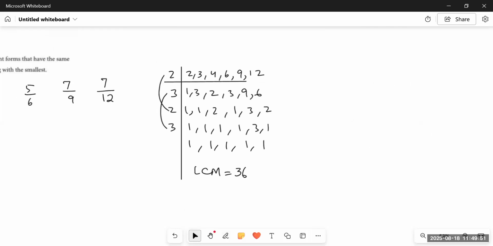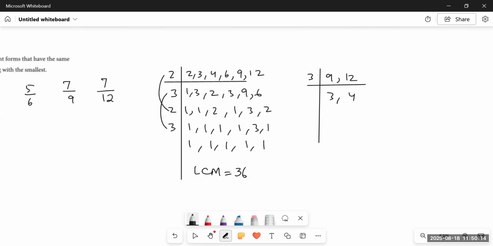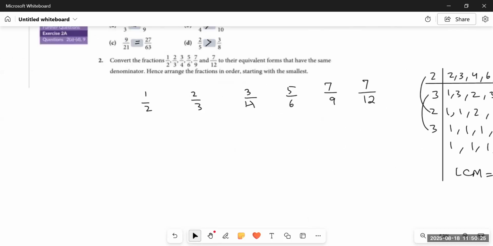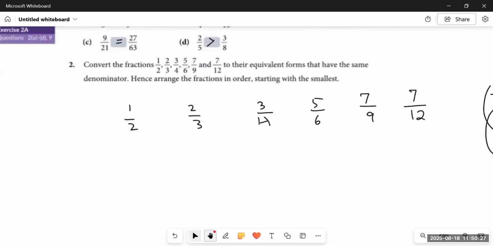And now let me show you, if I would have found the LCM of only 9 and 12, I would have got the same answer, that is 36 as the LCM. And why is that so? Because I told you that when we have a number that is a multiple of other numbers, the other numbers are its factors. So finding their LCM is of no use. So it will be 3 3s are 9, 3 4s are 12, 3 1s are 3, and 4 1s are 4. So again, the LCM would be 3 3s are 9, 9 4s are 36. Okay, it means we just have to turn all these fractions into 36.